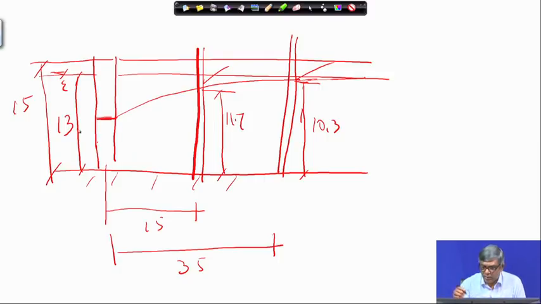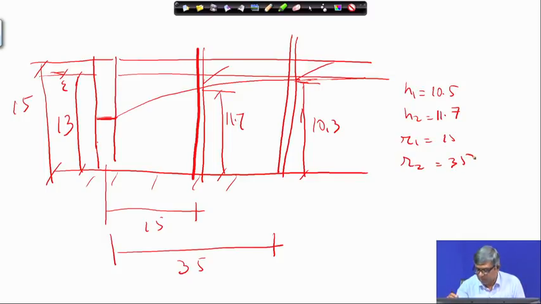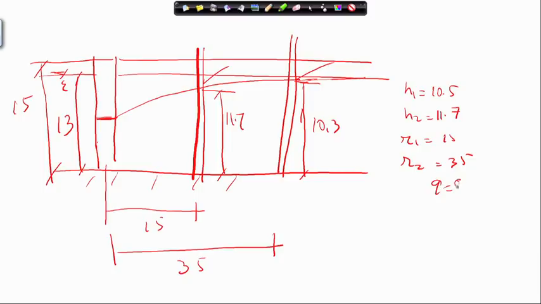So, your H 1 equal to 10.5, H 2 equal to 11.7, R 1 equal to 15, R 2 equal to 35, and Q equal to 925 liter per minute,